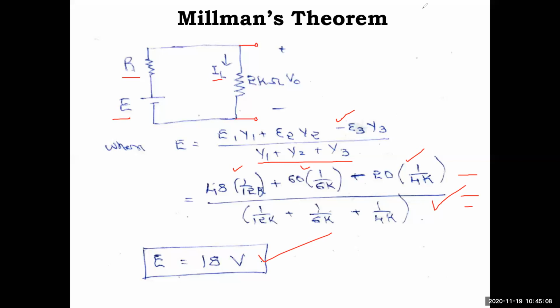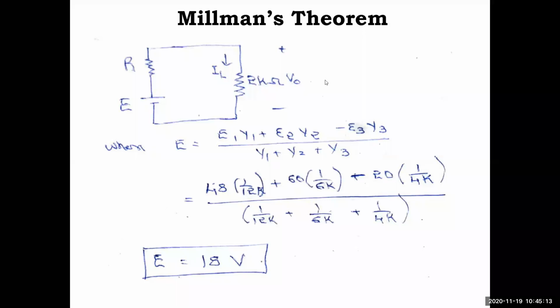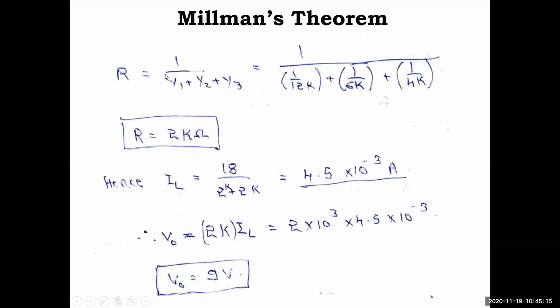Similarly we'll find the R value. So I will go further. If you have not completed, just complete it. So R is again 1 by y1 plus y2 plus y3, or 1 by z1 plus 1 by z2 plus 1 by z3. Anyhow you can use. It is the value you have computed earlier, so you take the reciprocal, 1 by that value, and you'll get 2 kilo ohm. While writing R again, you should be careful here. Only K will come. R is equal to 2 kilo ohm.